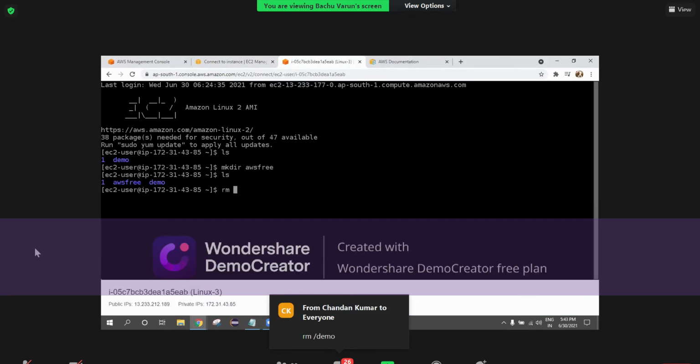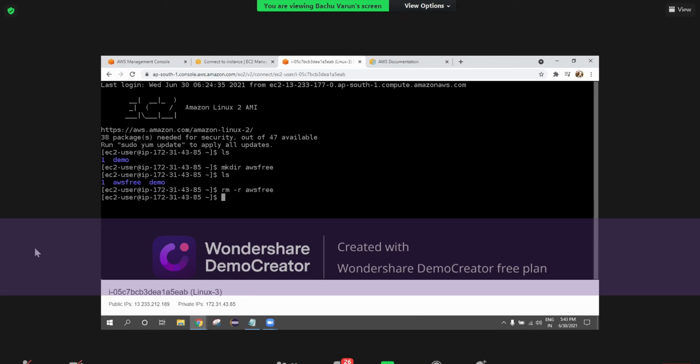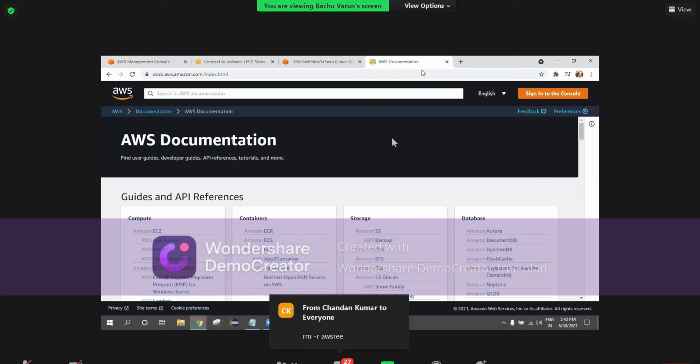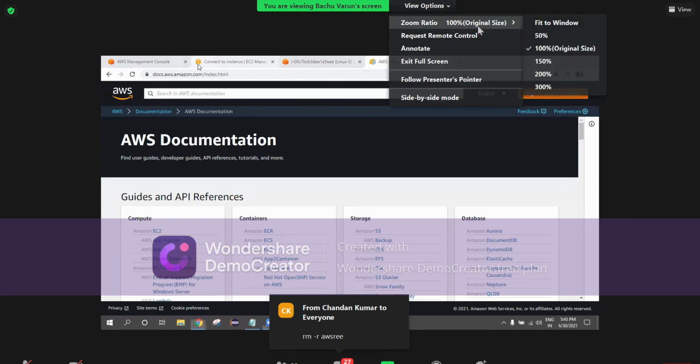Okay, so rm. That particular folder is removed. So this is the right command. This is a recursive command. If you want to delete a file, it will be deleted without the recursive option, but if you are deleting a directory without it, we require it. Perfect, so everyone got to know about this. That is so good.